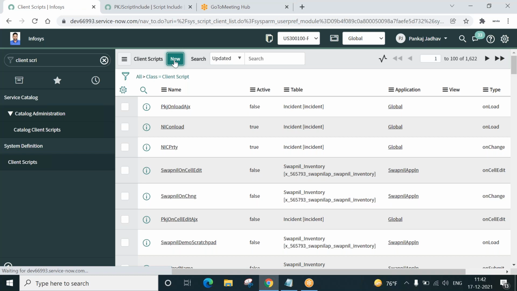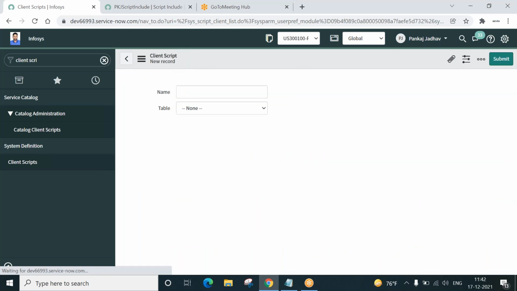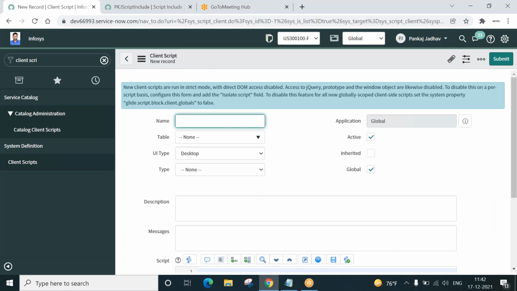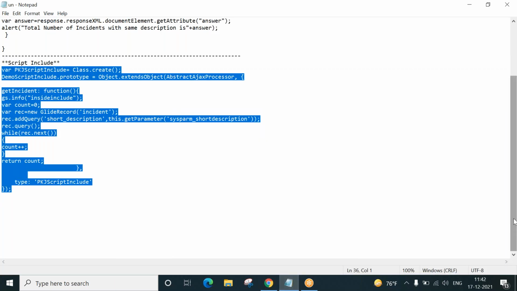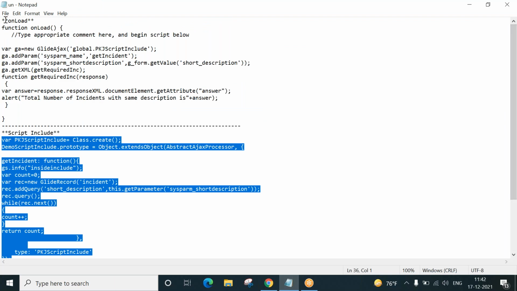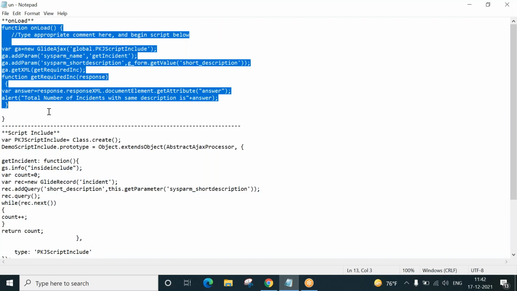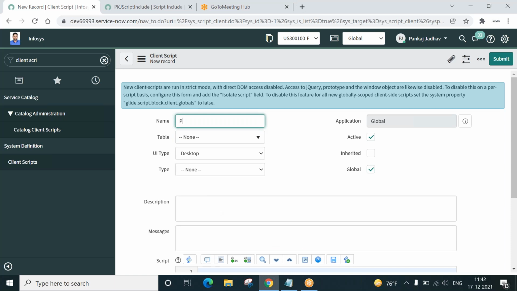I will create it as onLoad because our use case is about opening an incident and displaying the count. What name should I give? Let us give something like, copy, Control C, pkj glide ajax.